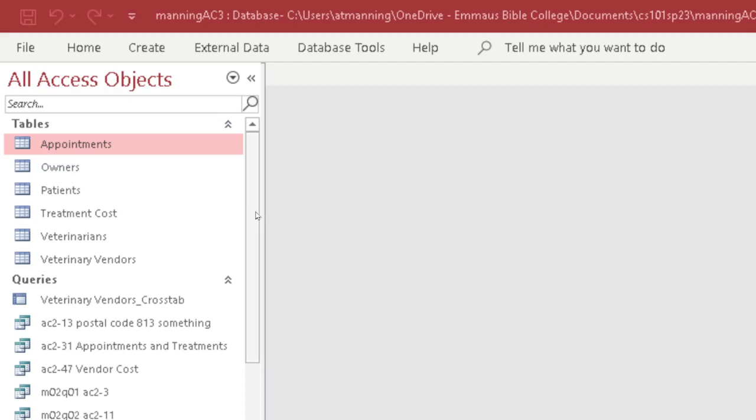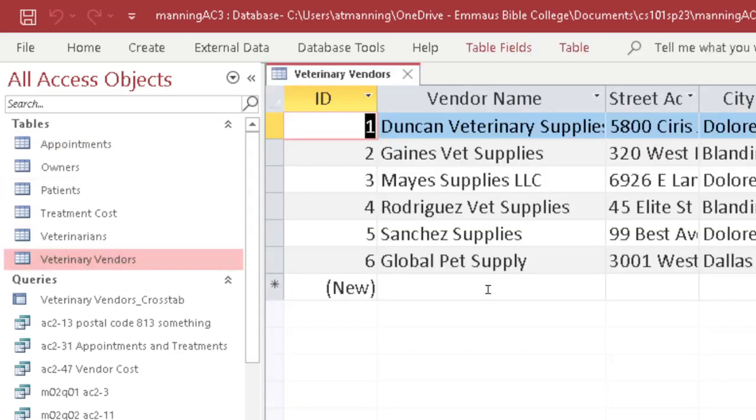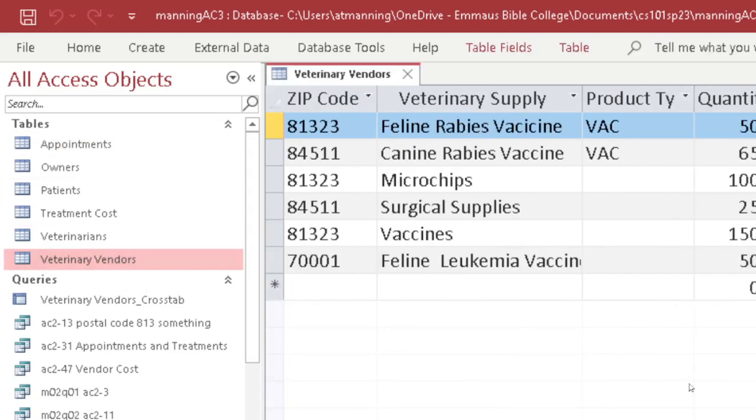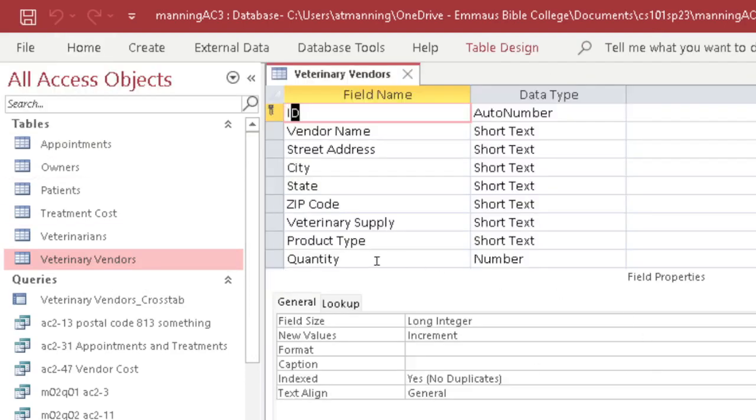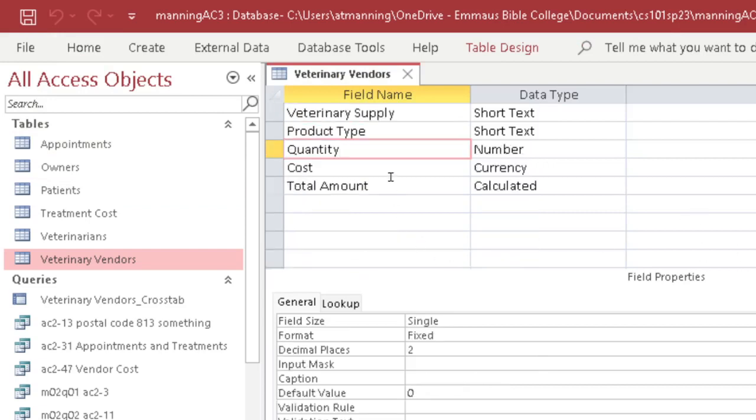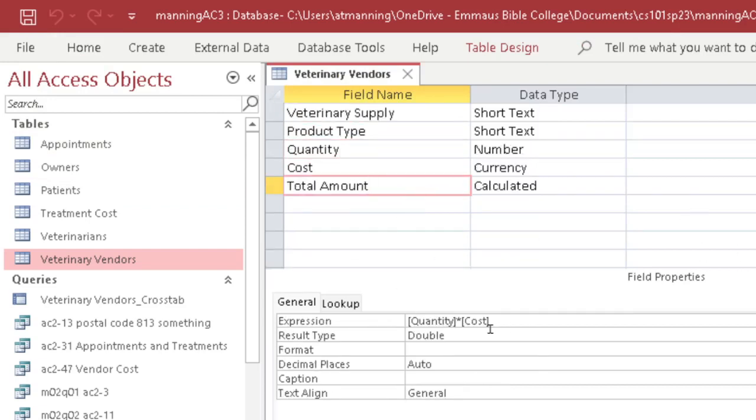We did a calculated field in the veterinary vendors table. Let's just look at that for review real quick. In the veterinary vendors table, here's the data, but under design view, click on the triangle, I made the cost total amount field a calculation. Quantity in square brackets, times, asterisk, cost in square brackets. So what you see here is going to display